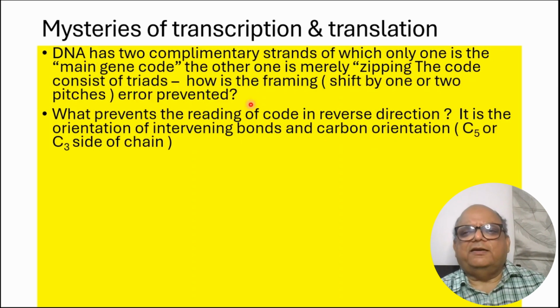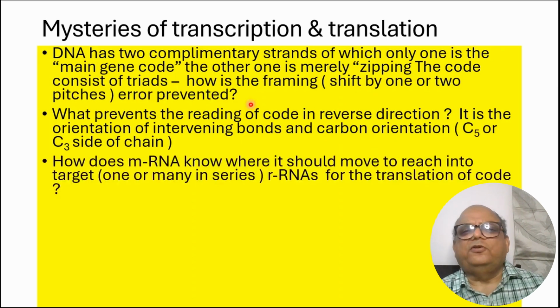Next mystery: how does mRNA know where it should move, how it should navigate, to which RNA it should latch? And how many such target RNAs are there, one after another, for the translation of the code? How does mRNA know which way it should go inside the nucleus? Okay, that's a mystery. Of course, there are some pathways which are shown, but the probability that it will find rRNA and then enter into the rRNA is remote,